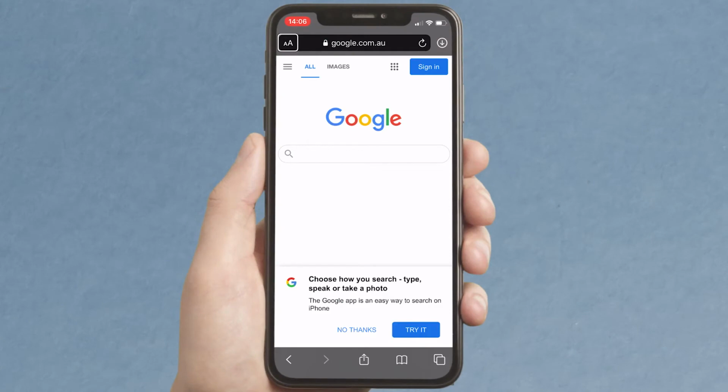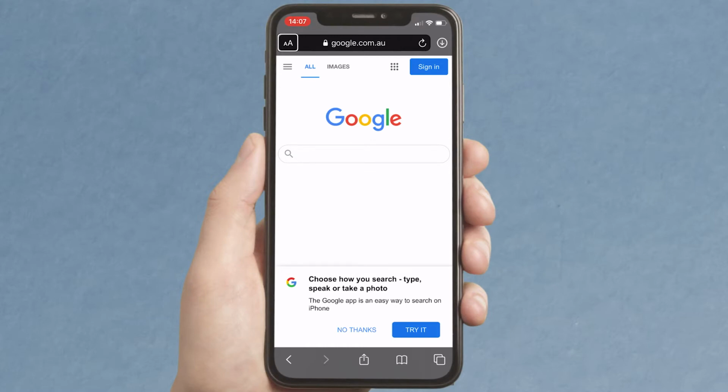Okay, I thought the best place to start on your iPhone VoiceOver journey would be using Google, which is by most measures the most popular internet search program available online, and it works very, very well with iPhone and indeed with VoiceOver. Now, just to give you a quick demonstration of what VoiceOver is going to sound like for those of you who have not heard it before,